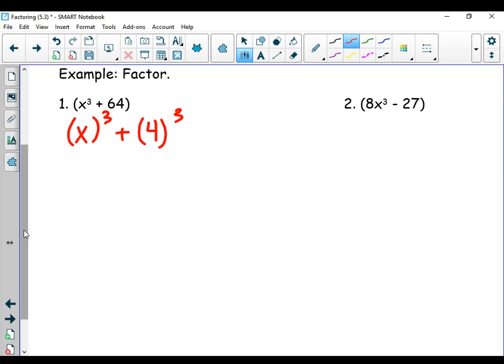So when I say my first one, I'm talking about x. When I'm talking about my second one, that's 4. Okay? When you hear me say those words. All right, so I draw my short set of parentheses, my long set of parentheses. I write them both down. I square the first one. I multiply the two together. And I square the last one.